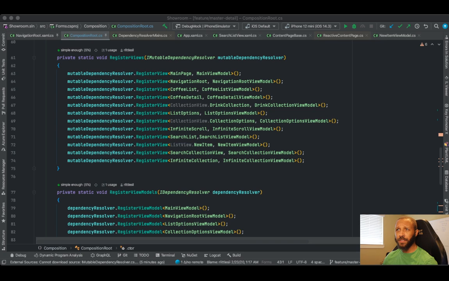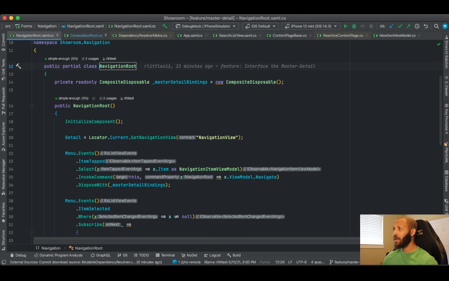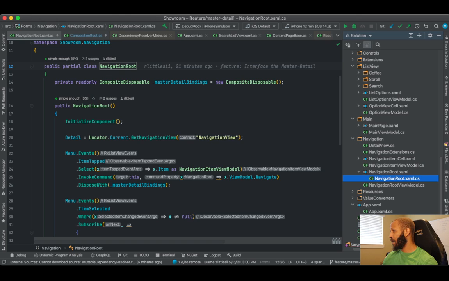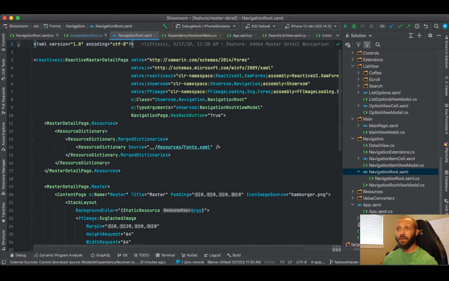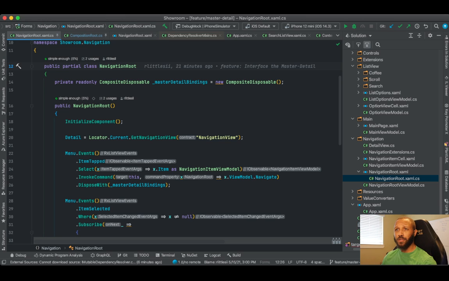container view model usages in the navigation container. Okay, so all this is going to happen in the navigation container, which happens to be the navigation route, right? This is the actual thing that is inheriting from reactive master detail page, which it should be. Let's go find this, and yep, it's inheriting from reactive master detail page, so we can expect this to be the bit. We want to do what? We want to take in